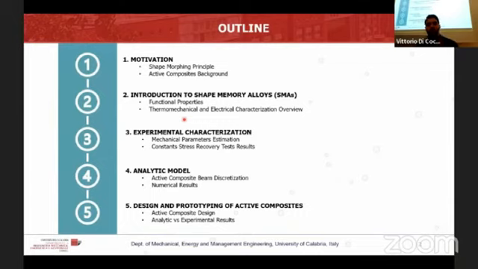Here is a short outline of my presentation. In particular, I will start from the motivation, and next I will introduce some functional properties of the active material that we are interested in this work, that is shape memory alloy. Moving on, I will present some results of the experimental characterization that is needed to predict the behavior of this particular type of material. After this characterization, I present the analytical model that we propose to predict the bending of an active composite beam. And finally, we also want to validate this analytical model by providing analytical versus experimental results with design and